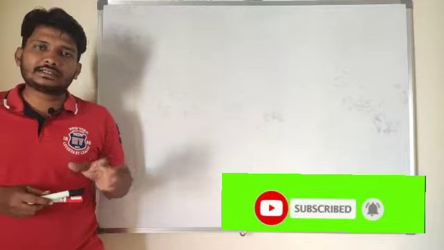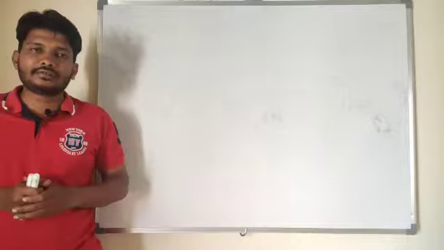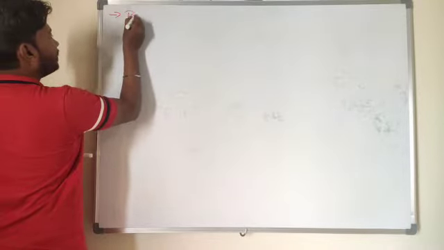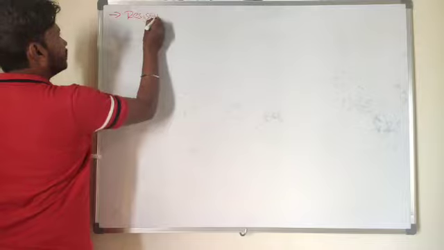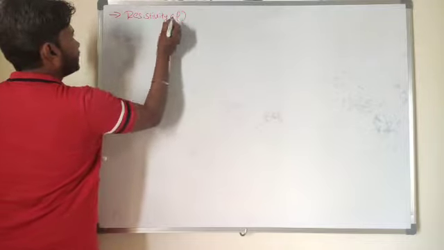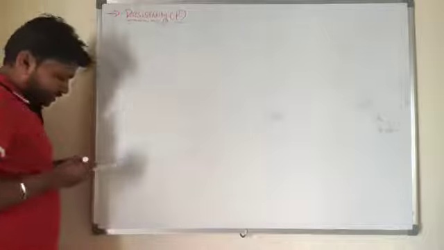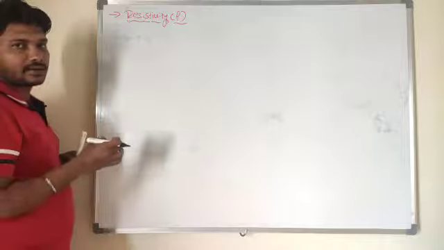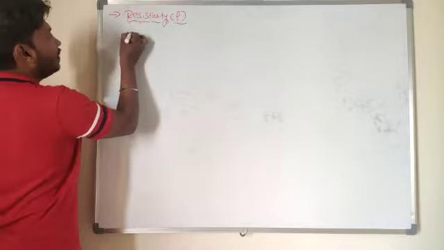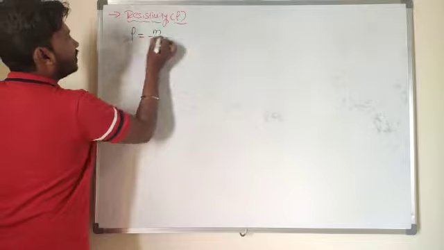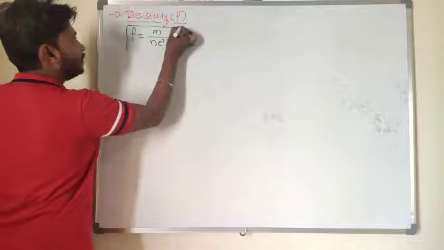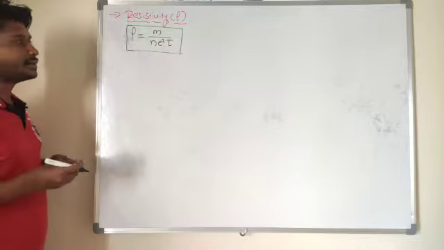So in last class we discussed resistivity. We got that expression for resistivity in terms of relaxation time. So let us write the formula here. Resistivity is represented by the symbol rho. While deducing Ohm's law, we got that expression for resistivity in terms of relaxation time. So rho is equal to what? m divided by n e square into tau.